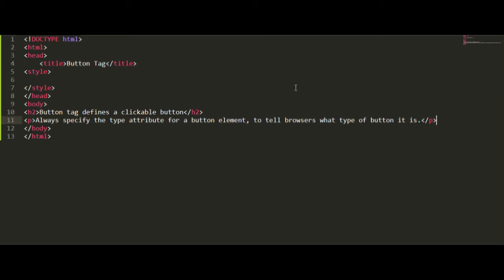In today's video we are going to see the button tag in HTML. The button tag is used to create a clickable button within HTML. I'm sure you have seen a website in which the developer has used the button tag. So in this video we are going to see what the button tag is, how to use the button tag in your HTML page, and what the use of that button tag is,